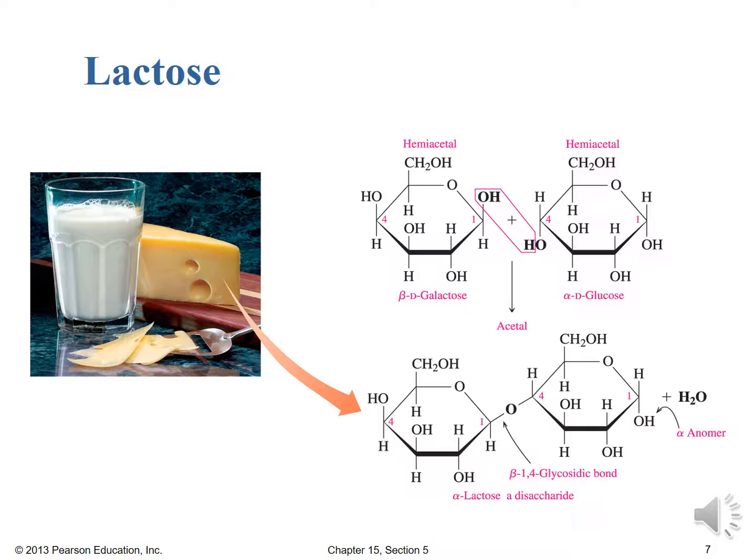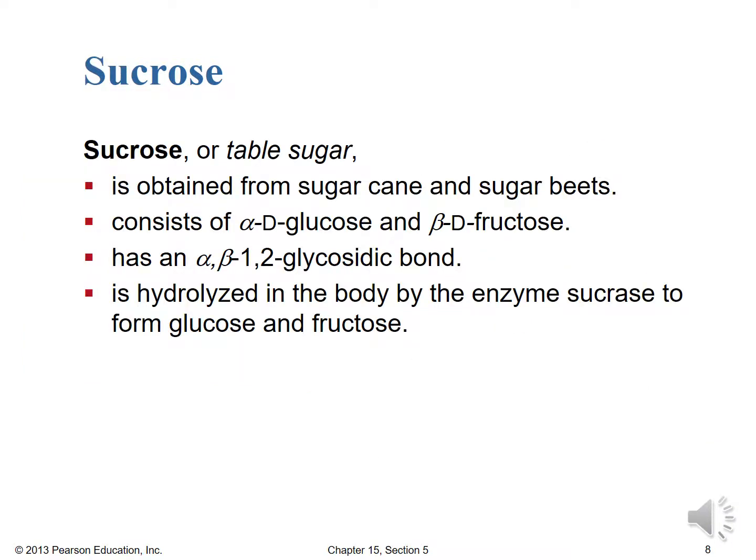And then finally, we have the alpha anomer because carbon 1 of the alpha D-glucose is the alpha anomer because the OH group is down below the ring. So this is alpha lactose, which is a disaccharide. Okay, now finally sucrose, our good friend table sugar, is obtained from sugarcane and sugar beets, and it consists of alpha D-glucose and beta D-fructose. So it has an alpha-beta 1,2 glycosidic bond, and it's hydrolyzed in the body by the enzyme sucrase,